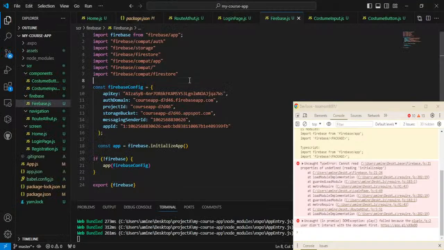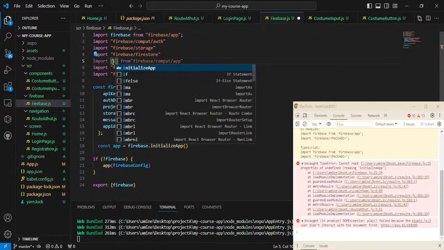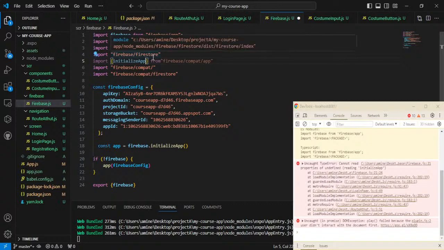So the problem is reading the property of it's undefined. We could come over here and just say from, let's say initialize up, because initialize,